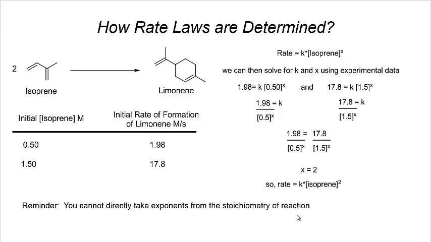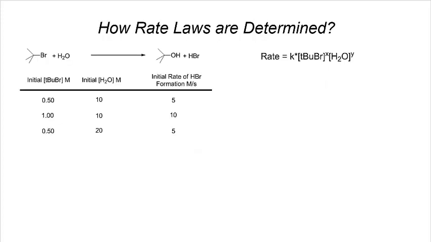Okay, let's give one more example. So this is a slightly more complex reaction here, where we're taking tert-butyl bromide, reacting this with water to form tert-butanol and HBr. And this is an example of a reaction we're going to cover this week in lecture, known as